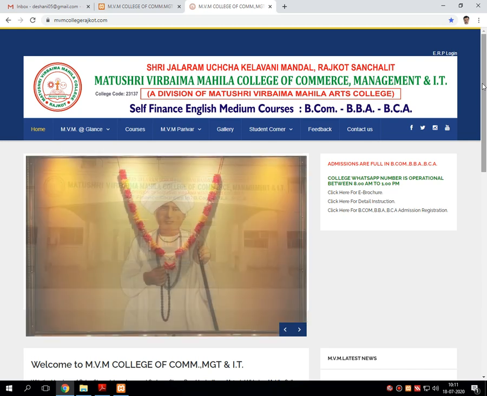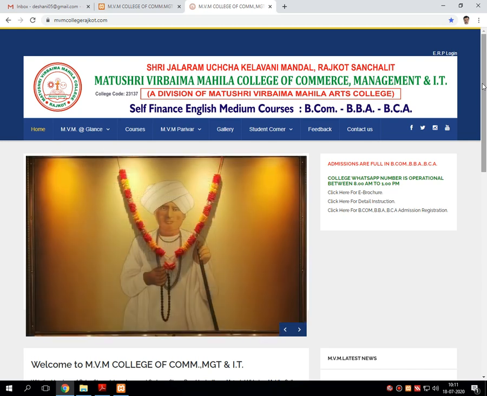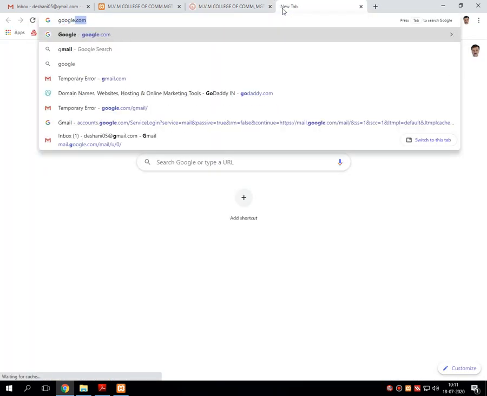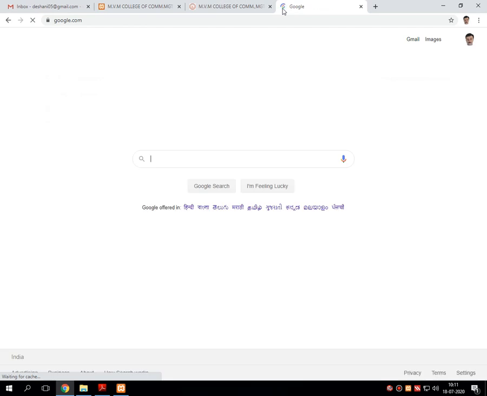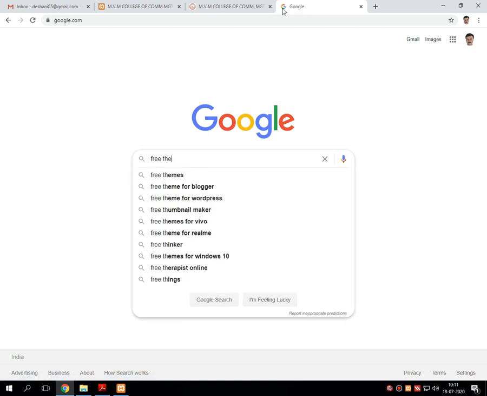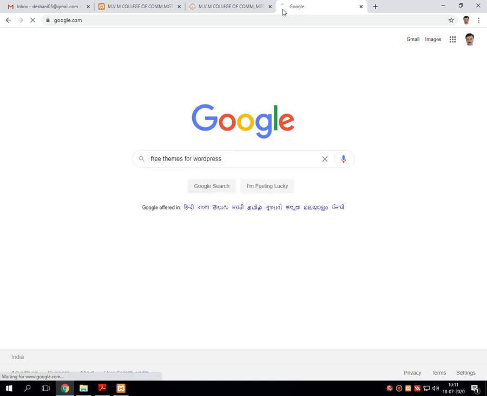Themes can be purchased from any paid website which you can find in a Google search. But right now, for learning purposes, I am just giving you the names of a few websites from which we can download free themes for our subject called WordPress.